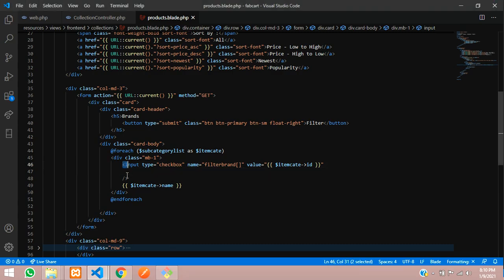So your input tag starts and input tag ends over here. Here you can give it in an if condition. Inside this we will check with the in_array function, and with the help of this we will say it is checked or not. So you can use this checked. It's not a function, it's a default HTML attribute, so I'm just giving that.